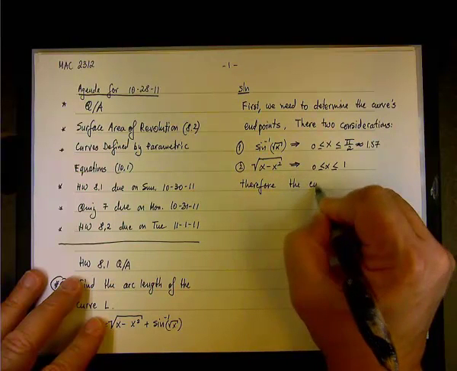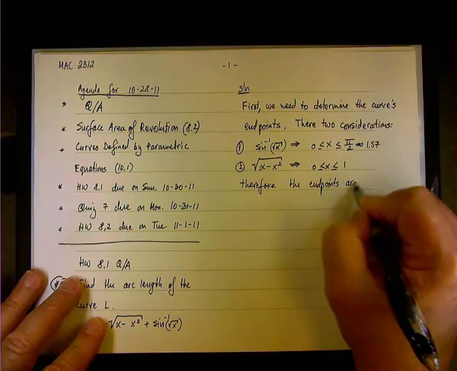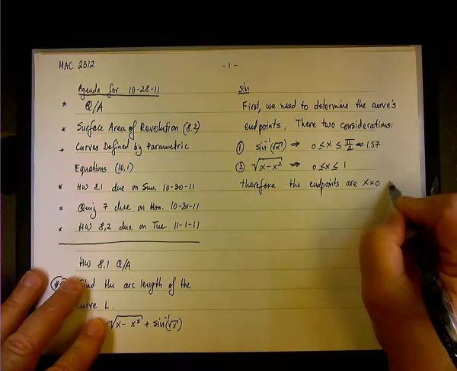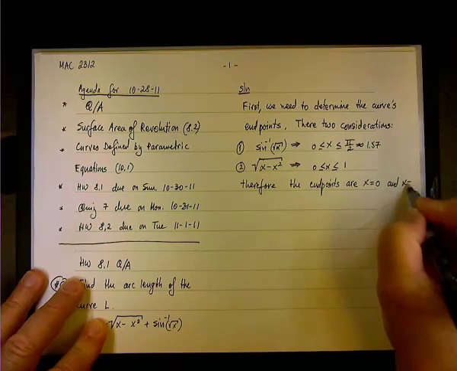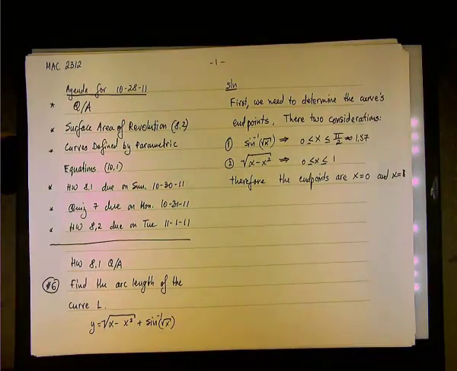So therefore, the endpoints are x equals 0 and x equals 1. And now we can continue the rest of the way by using the arc length theorem. Do I need to show that, or this technique, this is not a problem? I think I